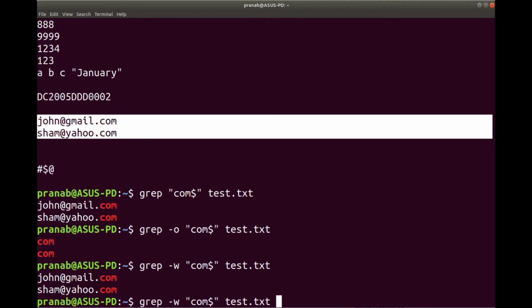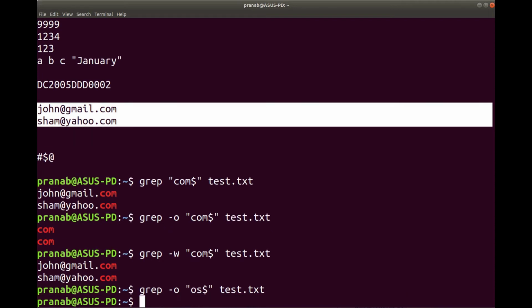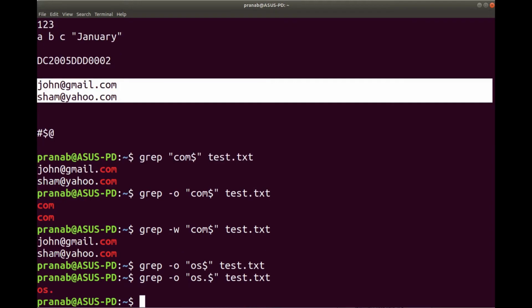Similarly, you can also test with os. You can see there is no line ending with os, but if I put a dot here and I search, you can see yes, there is a line which ends in os.